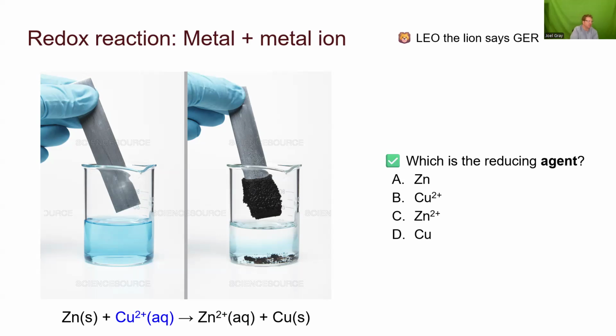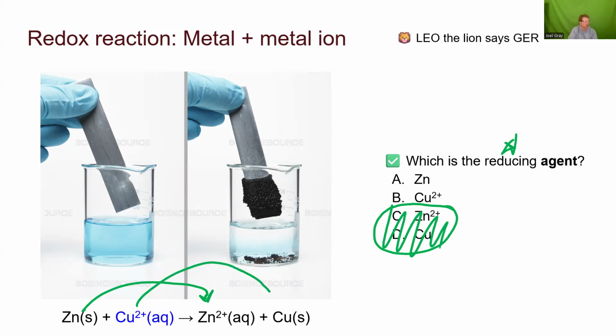So left-hand side, basically, whenever you see this sort of question, either what gets oxidized or what gets reduced, these two answer options are like total filler. You're really looking at the things on the left-hand side of the question. Because Zn is going to get oxidized, therefore Cu is going to get reduced. So the thing that gets reduced is the OA. The thing that gets oxidized is the RA.